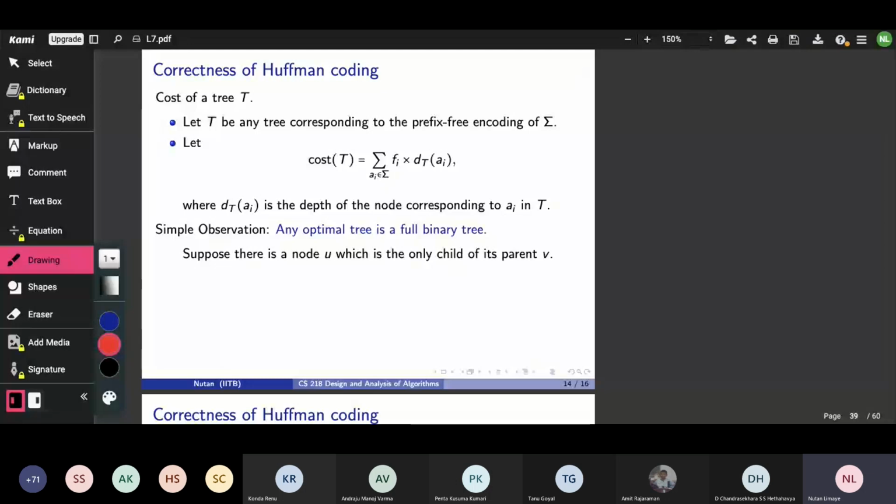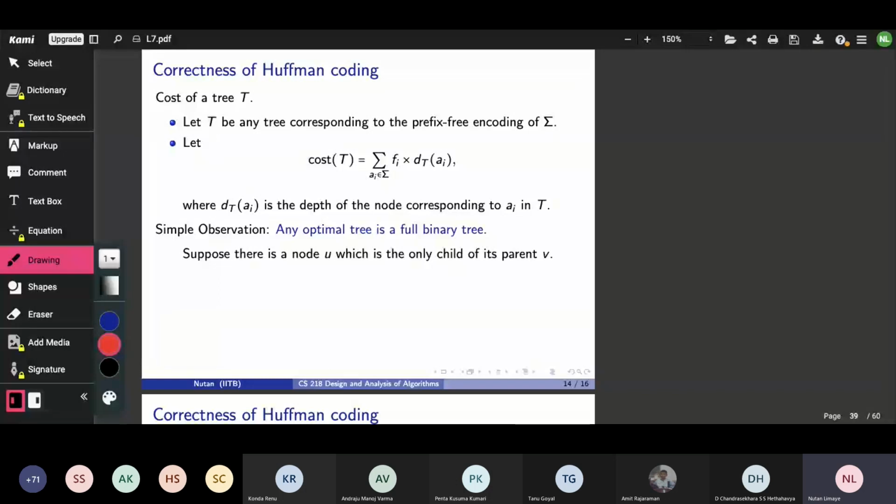Amit is saying that we can in fact move the leaves up by one or two or however many positions and obtain another tree, thereby reducing the total cost. So all these are absolutely correct answers. Aniket, your answer was also correct. You need not have deleted it.